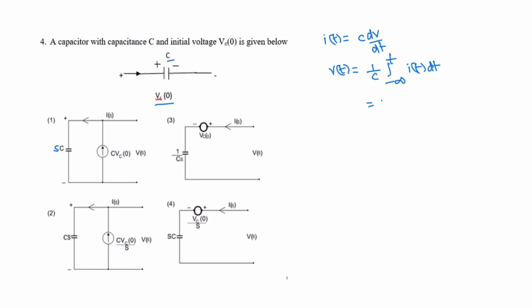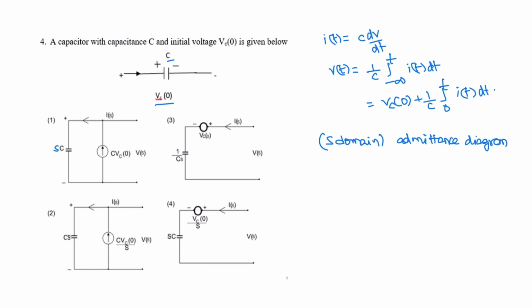So that is equal to Vc of 0, the initial voltage, plus 1 by C integral from 0 to t of i of t dt. So in the S domain, that is the Laplace domain, the admittance diagram for capacitor C with initial voltage Vc of 0 plus